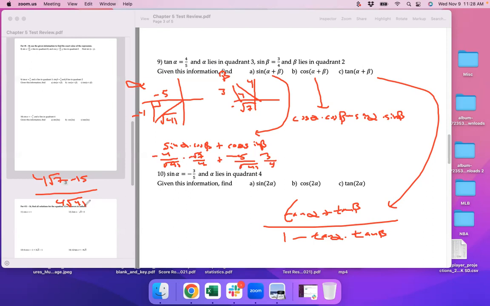And as I said earlier with number 8, you don't want your answers to be greater than 1, but also you don't want them to be less than negative 1. So it's always going to be less than or equal to negative 1 in that direction. So you have 4 root 7 minus 15 over that. Next up,